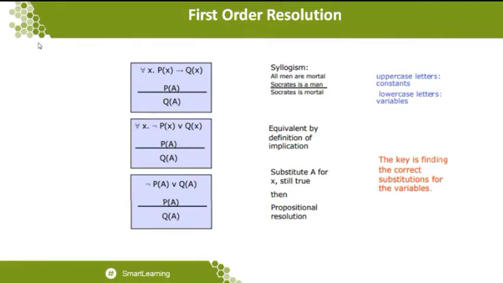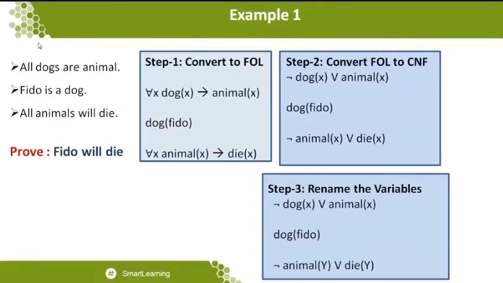The first stage is the actual statement, which we converted to a first order logic statement. The second level is where we apply the implication step, removing the implies symbols by taking a CNF form, and finally we substitute with the constant. This is what we can understand from this presentation. So now let me go to the simple example.